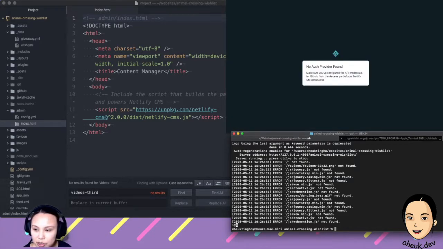No authentication provider found, and so what it means is that we need to have an authentication provider for your GitHub repo. So how can we do that? It sounds very difficult. It sounds like, I just want to build a website. I design a website. I don't want to deal with all these